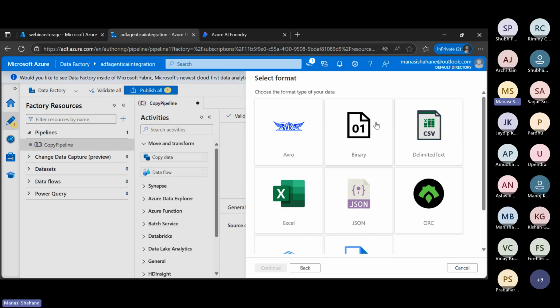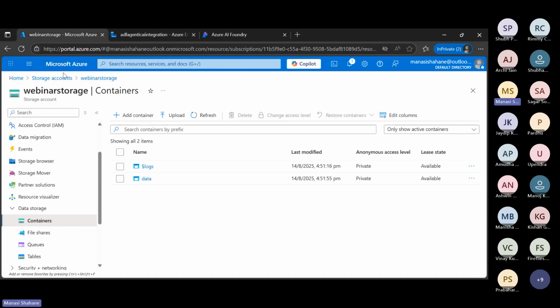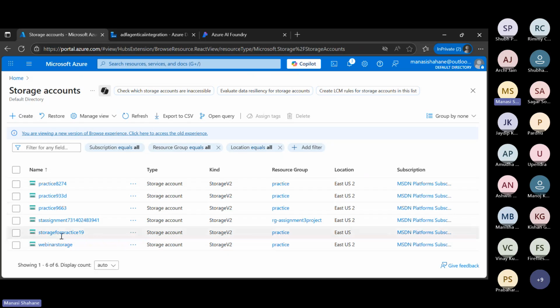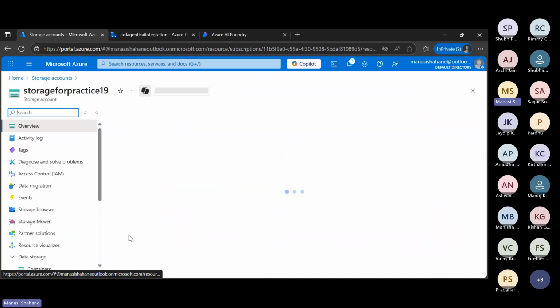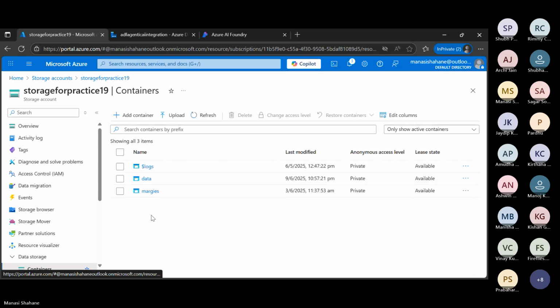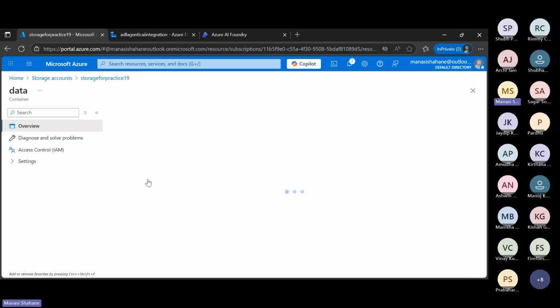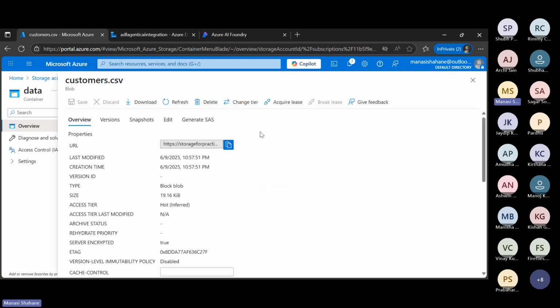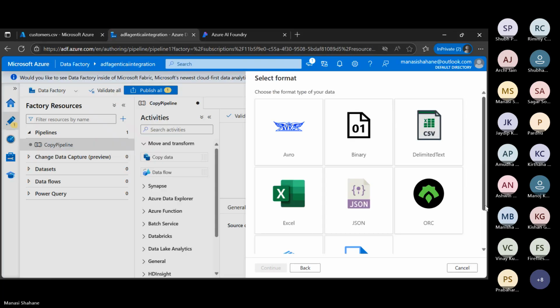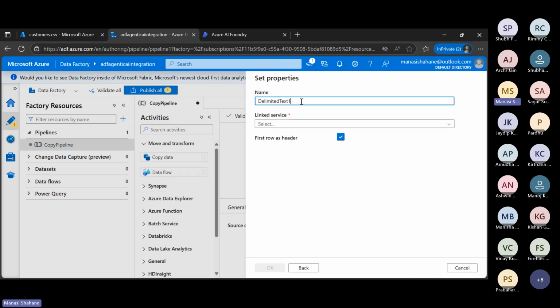You specify that. If I go to the storage accounts, in the data, when we saw the file, can you see the file is a CSV file? That means it's a delimited text, right? So I'm going to tell the data factory service that the source is a delimited text. I'll just select the format of the file, click on continue, and give it a name. I'll just give it the name source